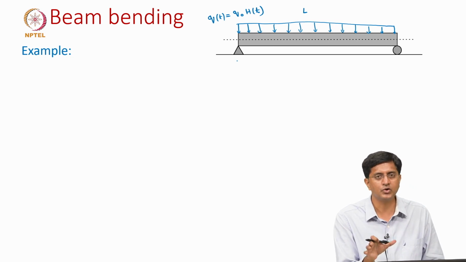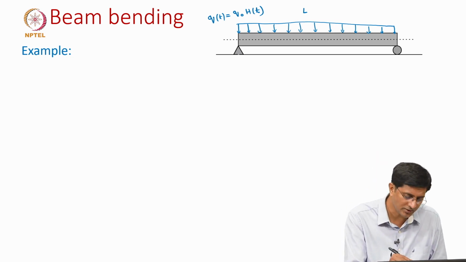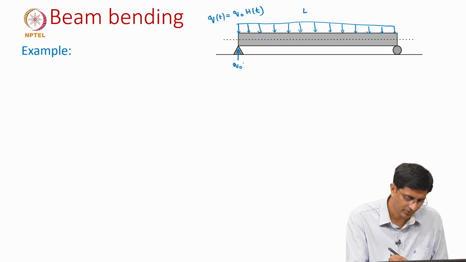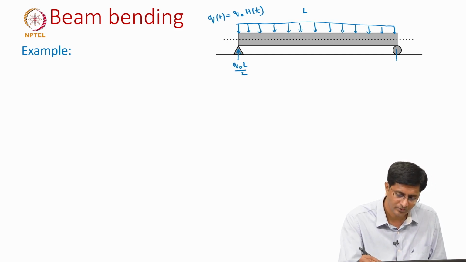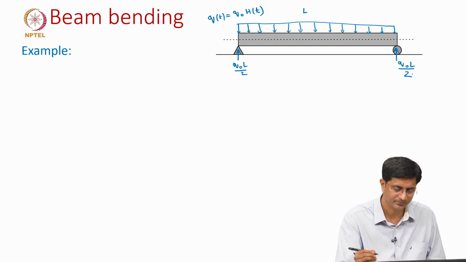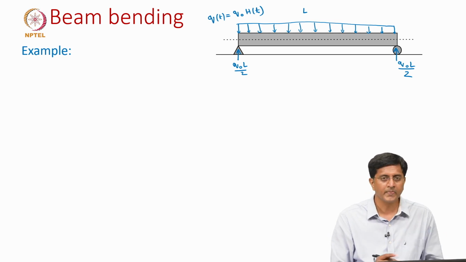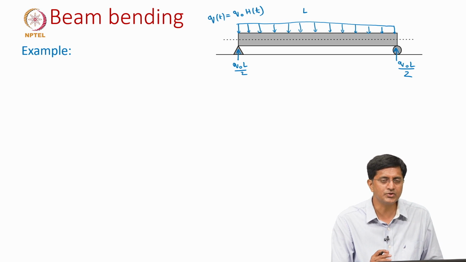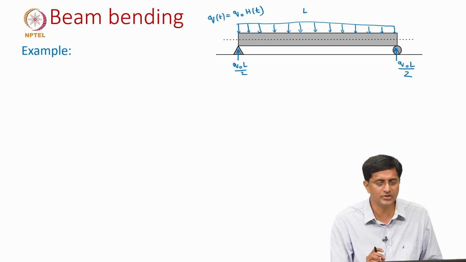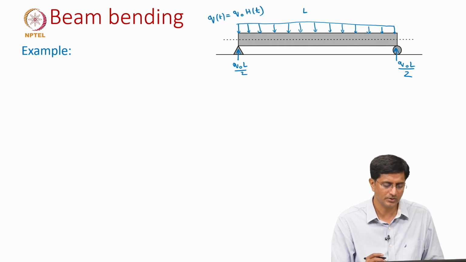So, the total load applied is Q naught times L. Since we have two supports at either end, those reactions will be Q naught L by 2, Q naught L by 2. But from standard textbooks we should be able to write out what is the expression for deflection of this beam at the mid span, or the maximum deflection of this beam which will be at the mid span. So, that is given as